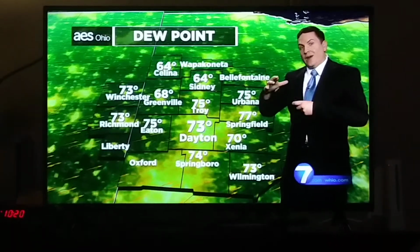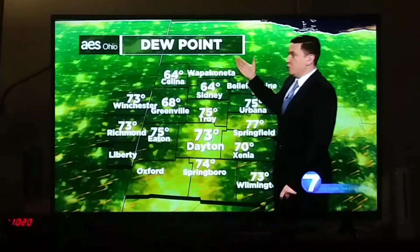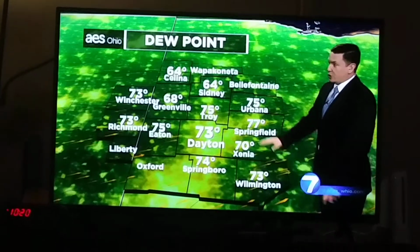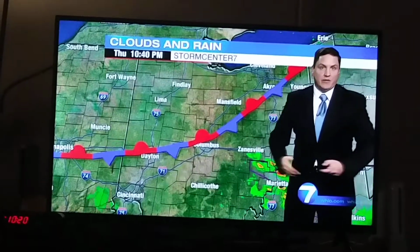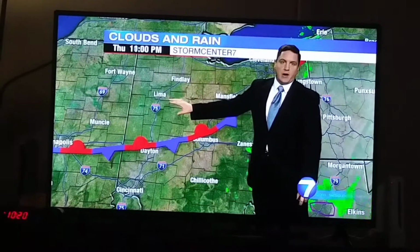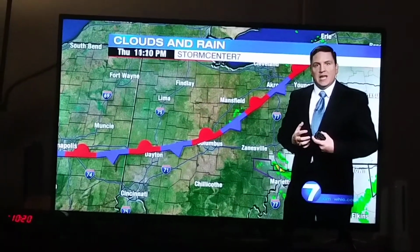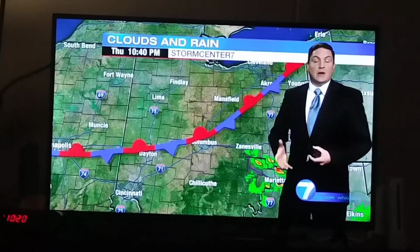And you can see where it is drier, dew point temperatures are in the 60s up in Sidney. Now the dew point tells us how much water is in the air. Notice the difference between Sidney and, say, Wilmington. It's a little bit more humid down south, including Dayton, but not as bad in Sidney. That's because we actually have a stationary front draped across the region. So on the quote-unquote cool side of the front, there's some drier air, and on the other side, there's some more humid air. This will eventually push farther down toward the south, bringing in some cooler air across the region. You may not feel it tomorrow afternoon. We're still going to be in the upper 80s, but you will feel it this weekend